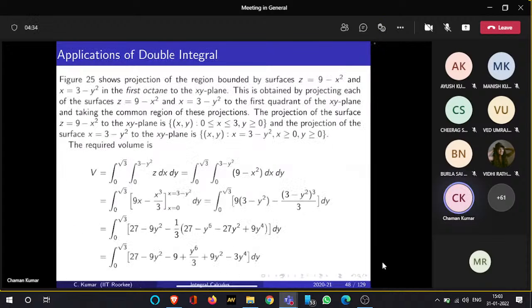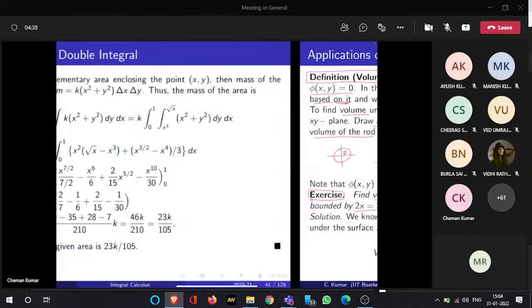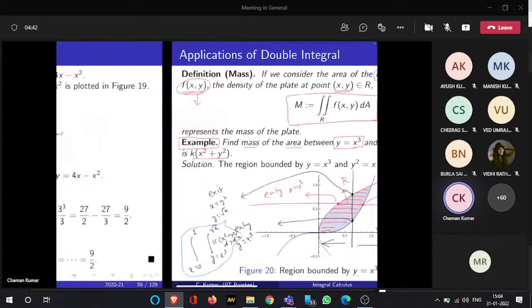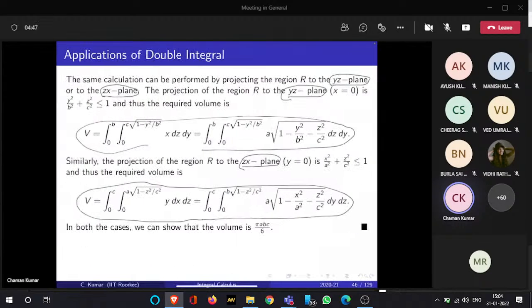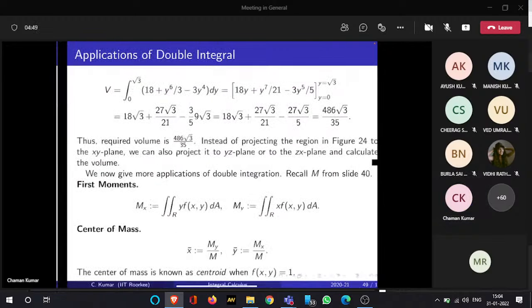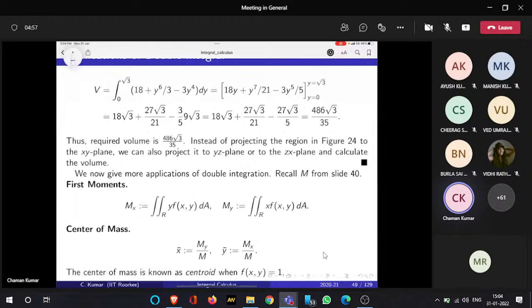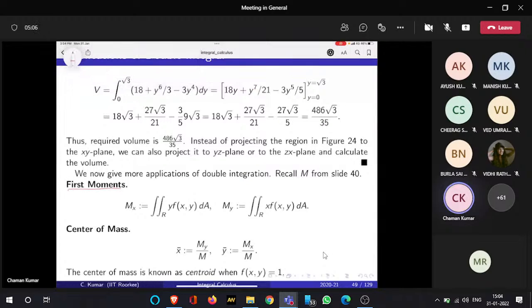Okay, so in the last lecture we saw three applications: area, then mass, and the volume. Now we have some more applications, and I'll just give you the formula without the physical interpretation. So the formula for the first moments,